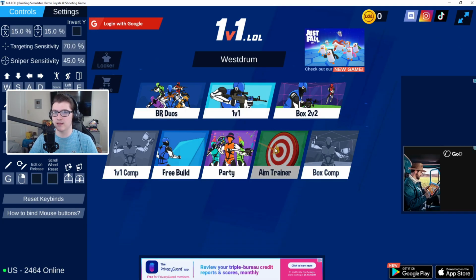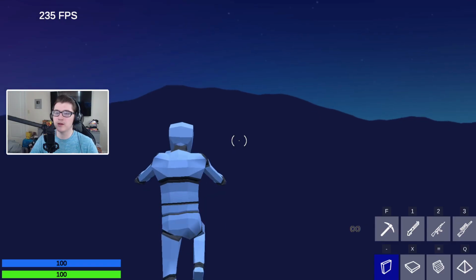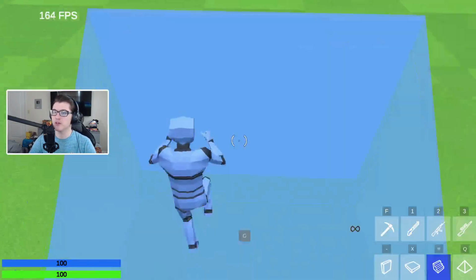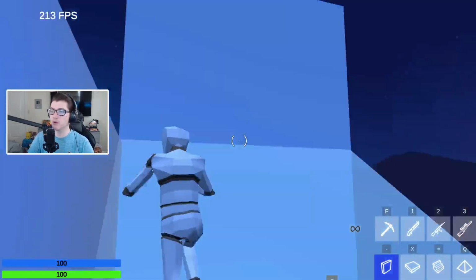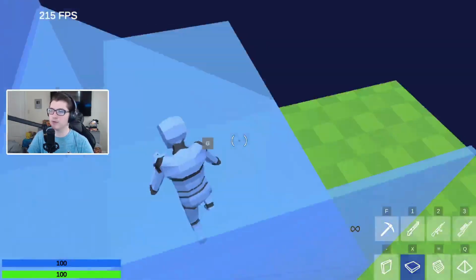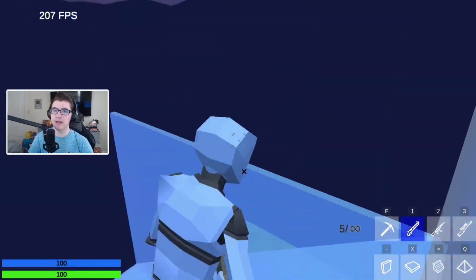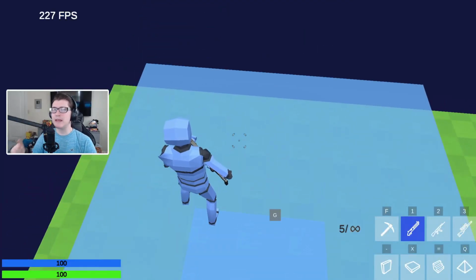Just leave it like this, and they can't really do anything to your computer or your account. So we could go to free build, and I could show you guys I still get 240 FPS. You can obviously see the game performs really smooth on a client. Like you guys can see, usually I don't build this good, but I'm building like a maniac right now. But we want to do even better than this, and I will show you guys how to uncap your FPS